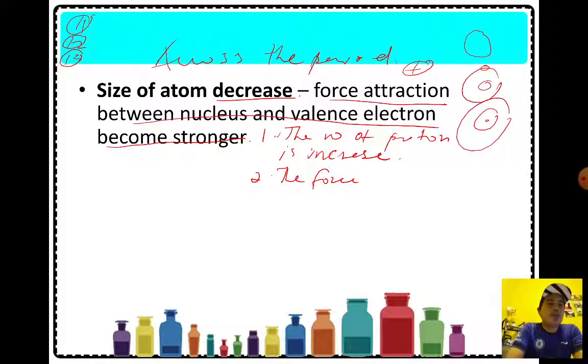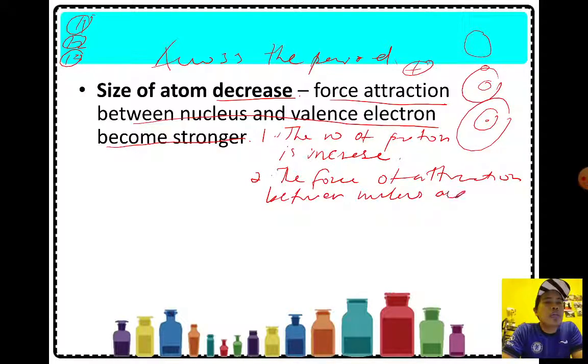Okay, the force of attraction between nucleus and valence electron become stronger. So ayat ni dah betul lah tu. Okay,